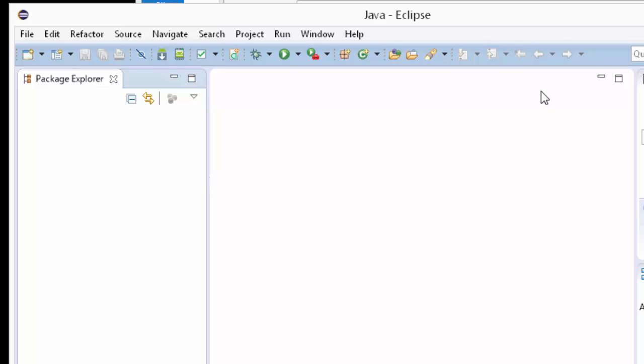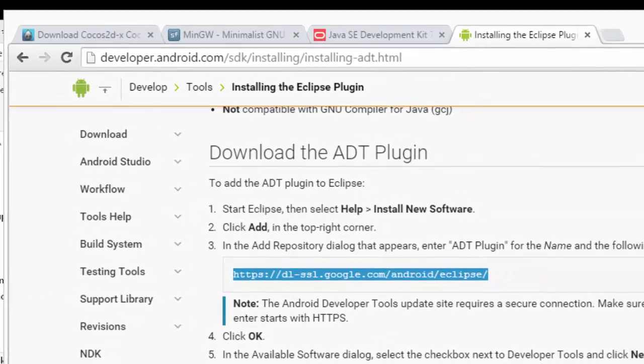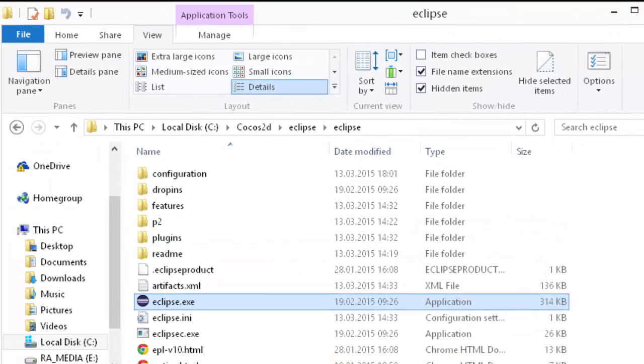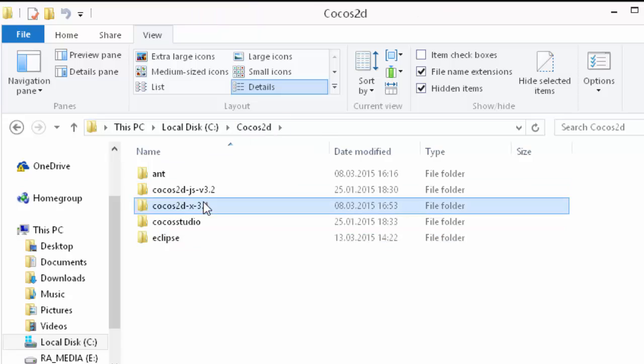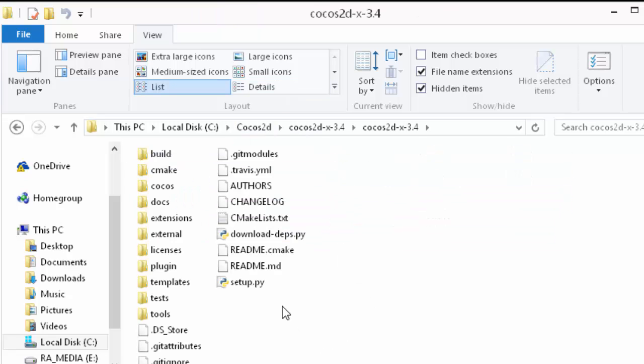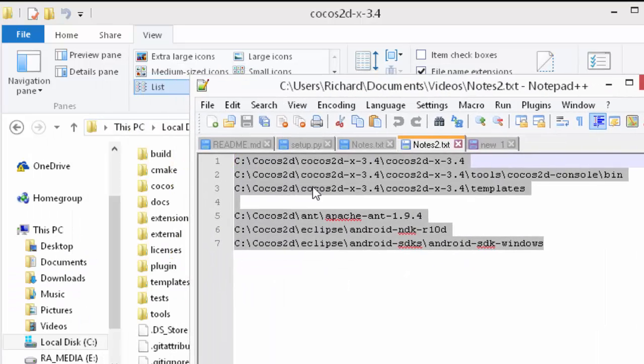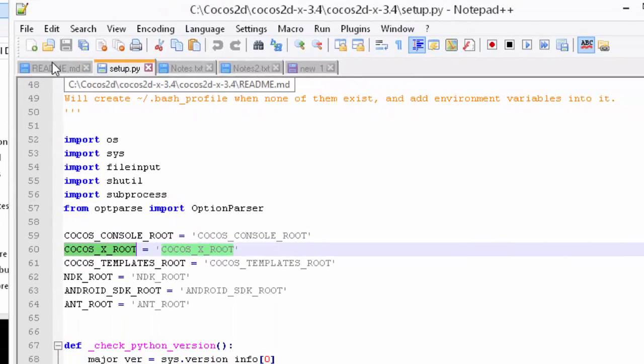Assuming that's worked, you're now good to go with developing for Android under Eclipse, believe it or not. So we'll minimize Eclipse for now, because now we can look at Cocos2dx itself. The first thing we'll take a look at is the README and the setup.py. I've already got these open inside Notepad because I tried to make a little bit of preparation. If we look inside the README here,